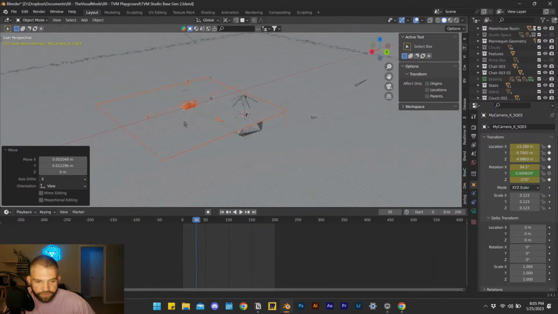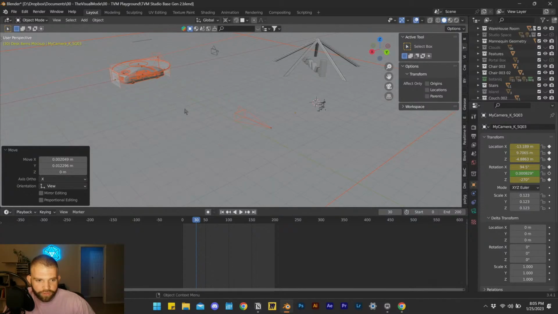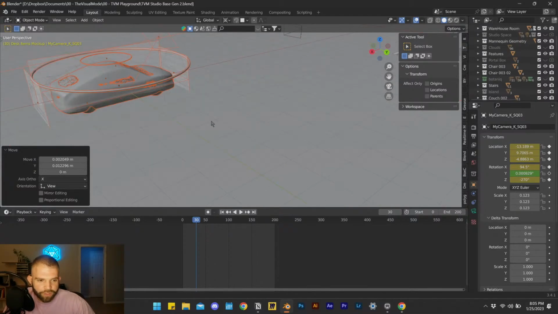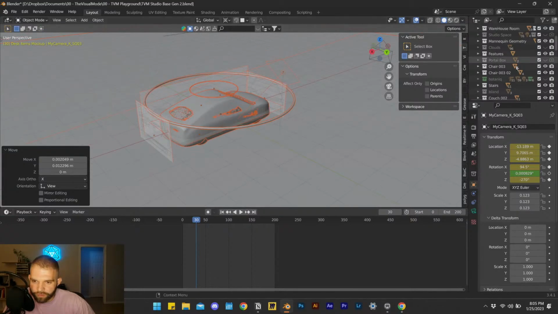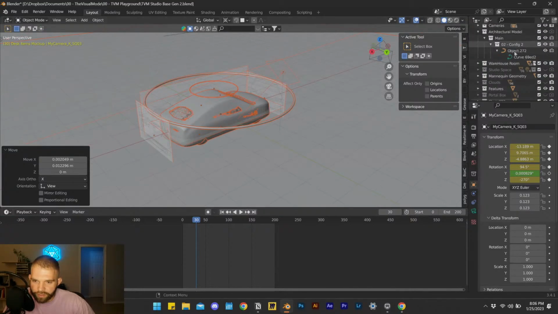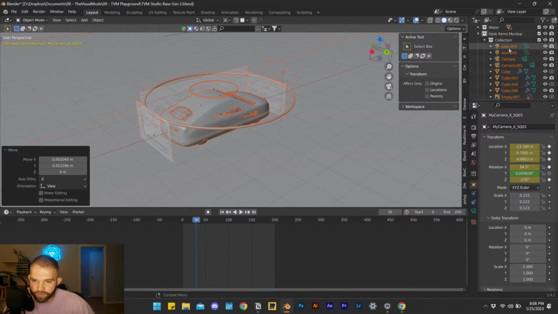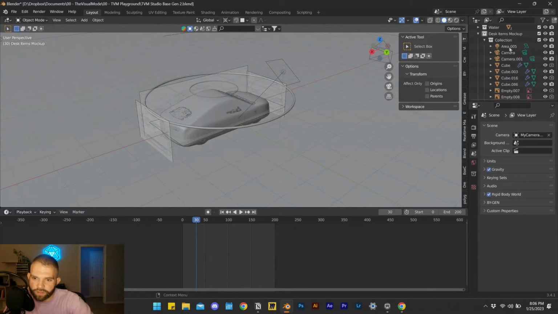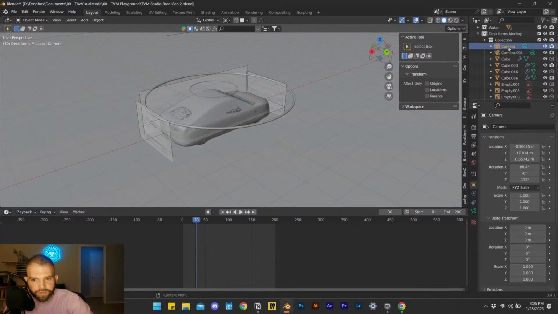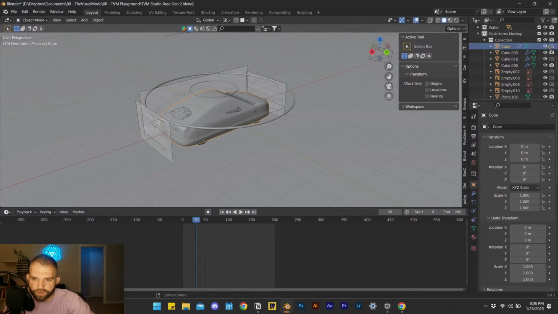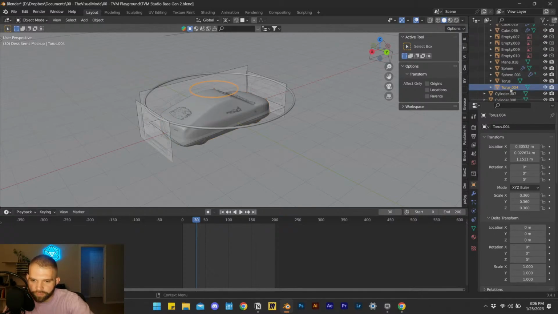Okay, so in the collection from the other file, we got all this stuff that came in. So the reference images, the lights, the cameras, all that jazz. A whole bunch of stuff that we don't really need right now. So I'm going to go look for the collection over here on the right-hand side. Here we are. So these are all the elements that came in. I'm going to just start deleting some of these, so I don't need the lights that came through. I don't need the cameras that came through. I really think I only need one of these cubes, because I'm going to work without wheels, without these Taurus